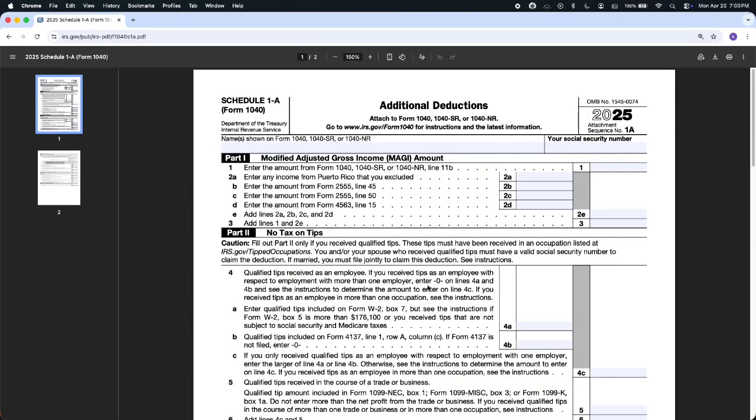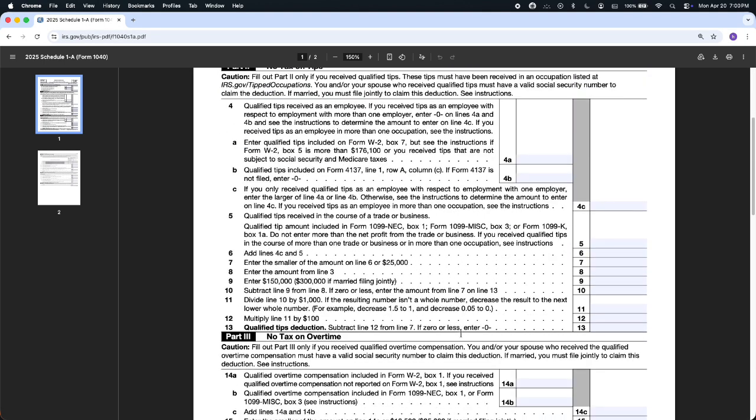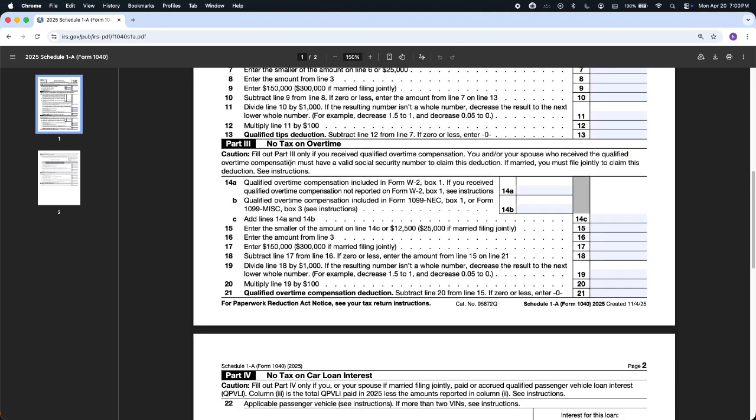Hey everyone, today I'm going to show you how to enter no tax on overtime using Schedule 1A. This part is helpful because it lets you reduce the taxable portion of your overtime pay, which may lower your total tax. So go ahead and open your Schedule 1A PDF on your screen, then scroll to Part 3,